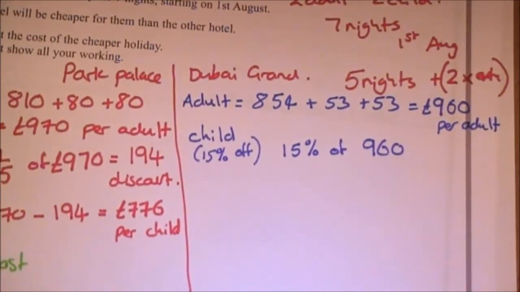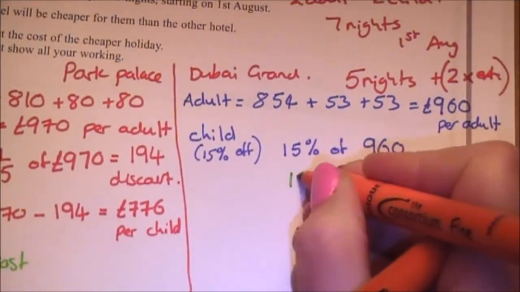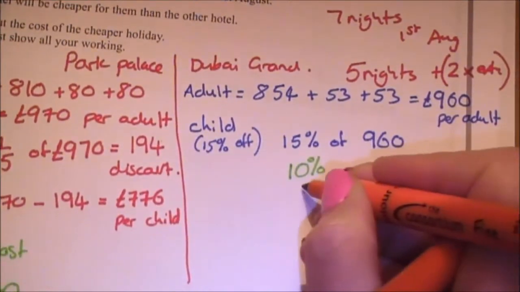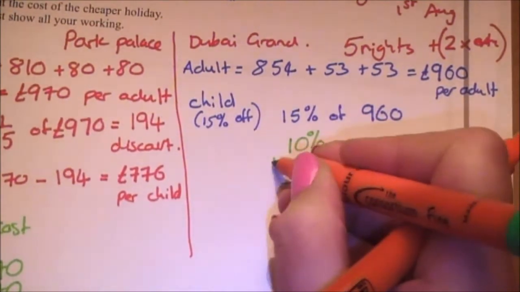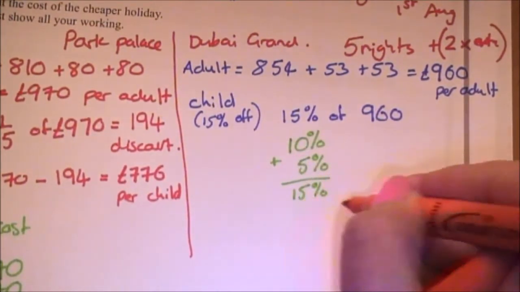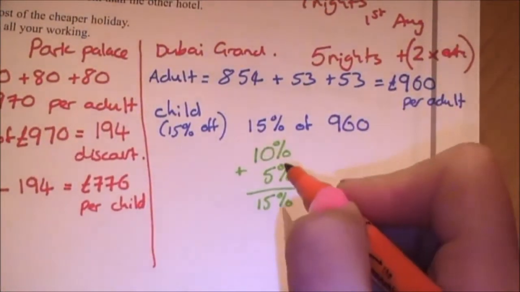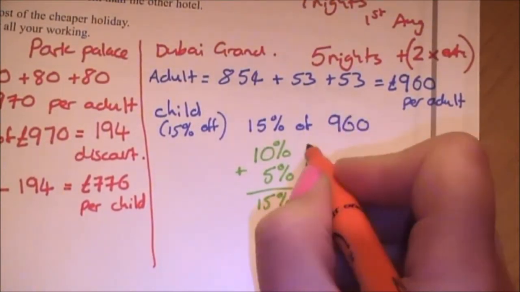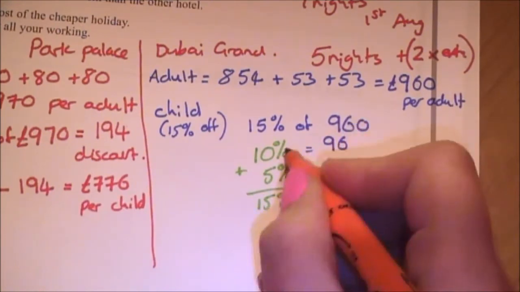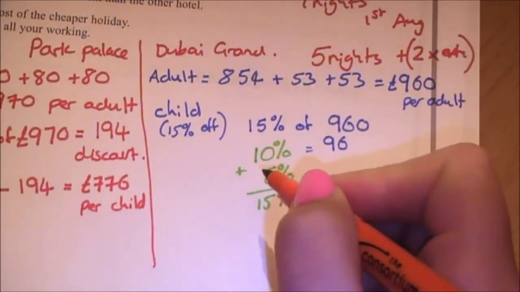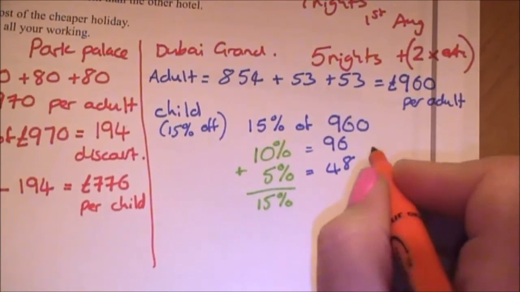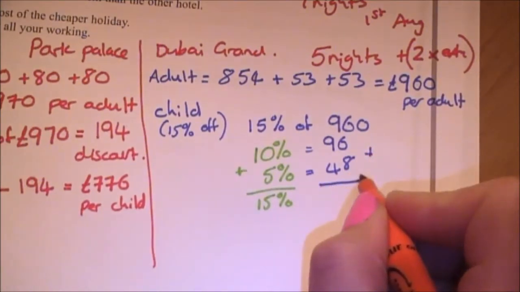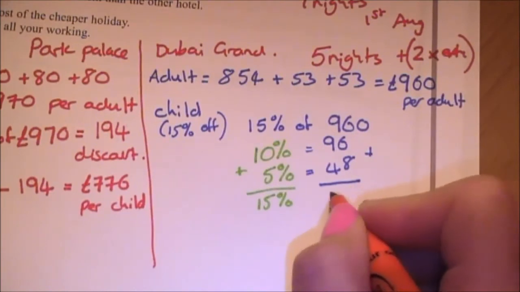960. Because this is a non-calc paper, I need to be quite slick about how I get this, and I'm going to get there by finding 10% and by finding 5%, and then I'm going to add them both together to give me 15%. So 10% of 960 is 96, because you divide by 10. 5% is actually half of 10%, so it's 48. And I'll add them together to find my 15%, and that's going to give me